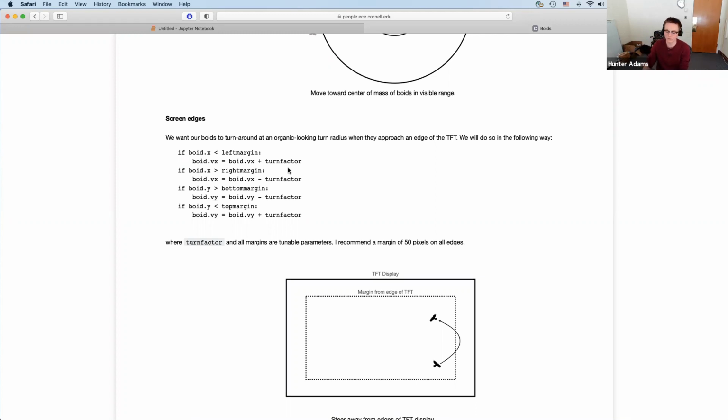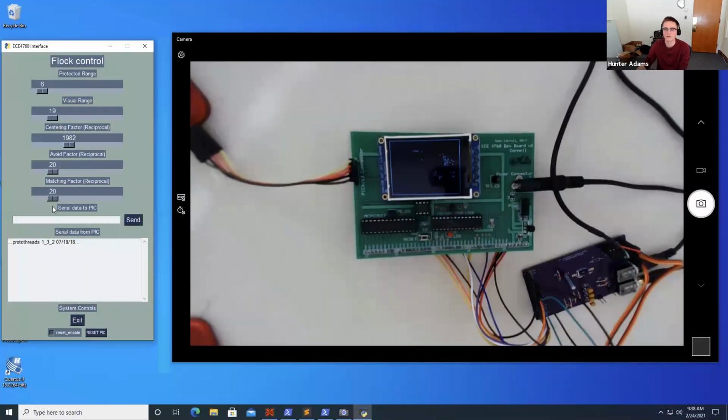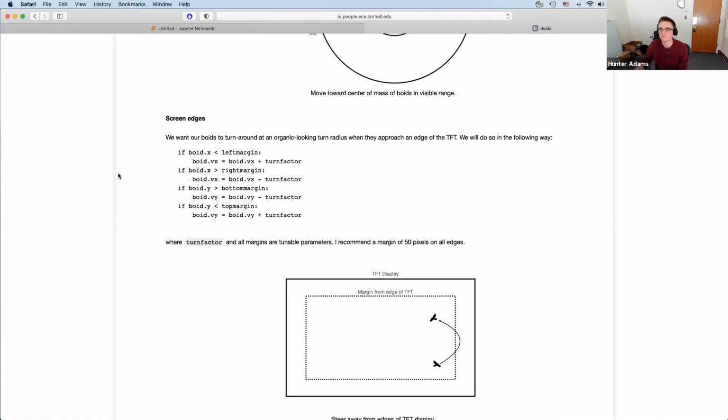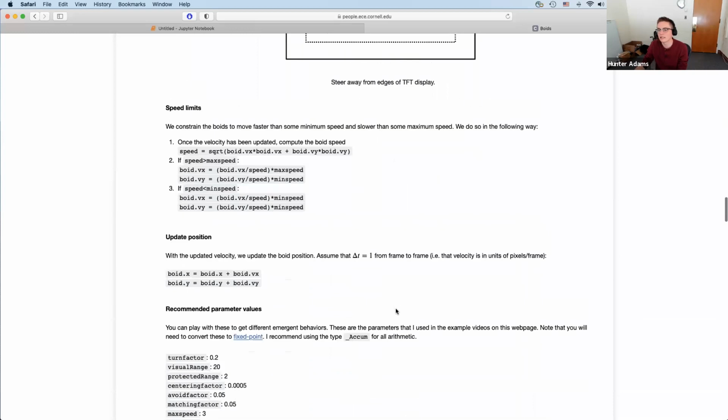I don't have that turn factor set as a parameter in the interface. You might want to do that. It might be something that's interesting to look at and to play with. So you certainly could. So they turn around at the edges of the screens. And then the last